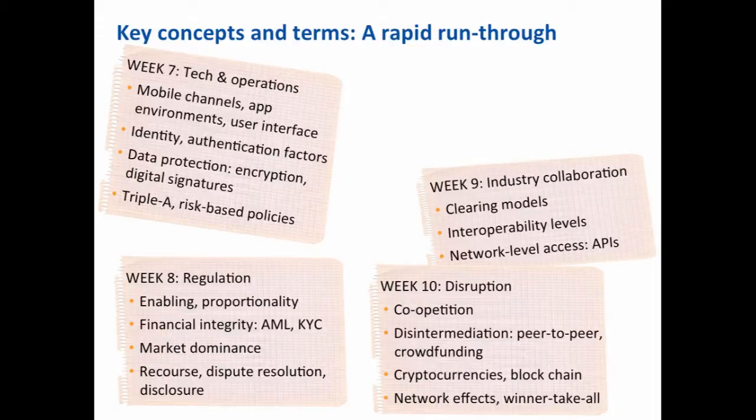In networked industries, very often, providers both need to cooperate, as we saw in week 9, but also compete, sometimes very aggressively. We looked at disintermediation models, digital or online models that seek to take out the notion of a bank between savers and borrowers through peer-to-peer or crowdfunding sites, for example. We looked at entire payment architectures that try to remove banks from being gateways in the payment system itself and the associated blockchain technologies. And we looked at the imperative of size in network businesses, how network effects often create a winner-takes-all situation that creates deep competition issues.